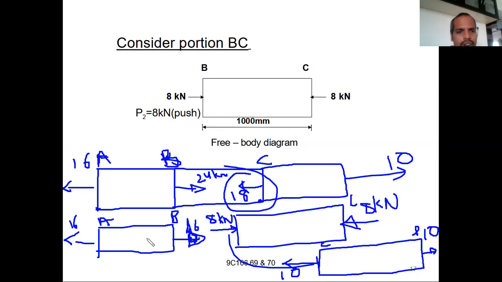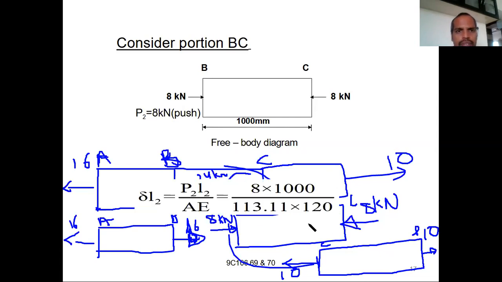Right? This is what: A is subjected to 16 kilonewtons, B is subjected to 8 kilonewtons, and C is subjected to 10 kilonewtons. The remaining delta L1, delta L2, delta L3 calculation is only substitution and calculator part. Let us not discuss much about it. Just how to draw the free body diagram is very, very important. Taking the loads is very important, right? The numerical calculation is very simple. It's not a big issue, right? This is how we have to calculate using the free body diagrams.